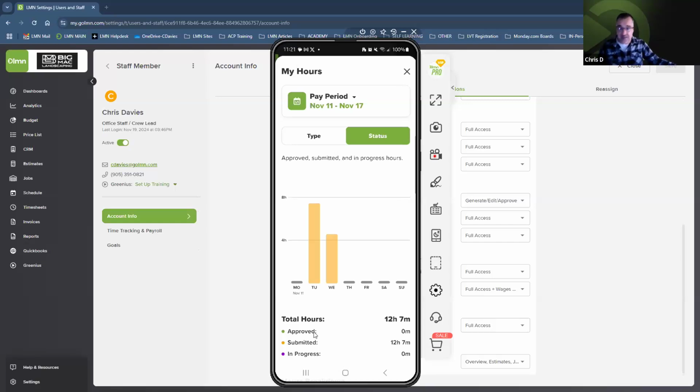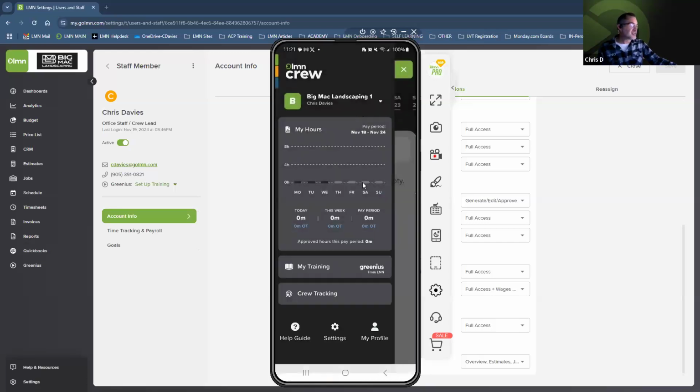So I can send them a quick text message, or if we're passing by the coffee machine, say, hey, buddy, do you mind approving my hours? Whatever the case may be. Okay. Additionally, another cool feature that's available in the LMN Crew mobile app is our link to